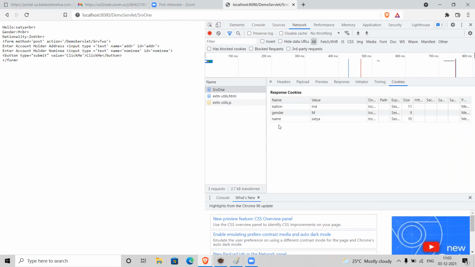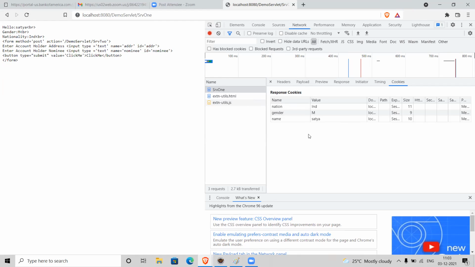Yes, Satya. I opened debug mode in the browser. Using form 1, I sent some information, and using SRV1, I set some cookies, right? Now I can see those cookies in the browser. See, response cookies. What are the cookies we set? We set name, gender, and nation, right? So we can see the information in the browser, in the console debug mode.